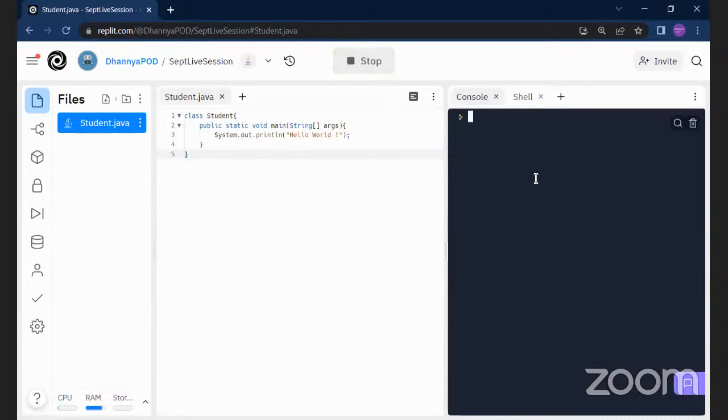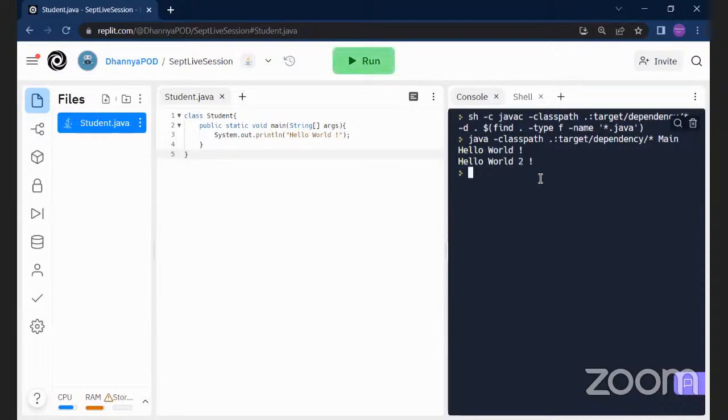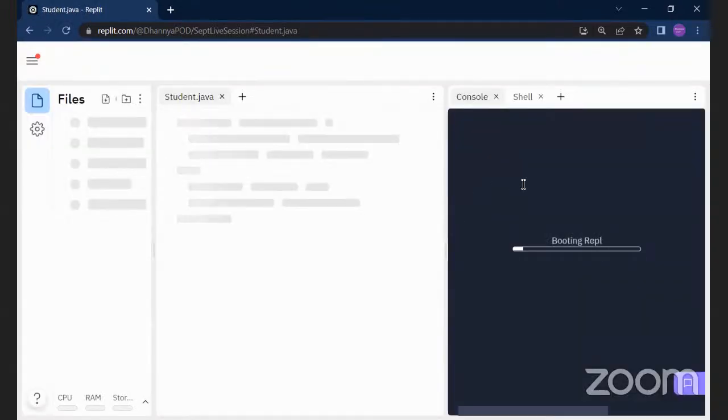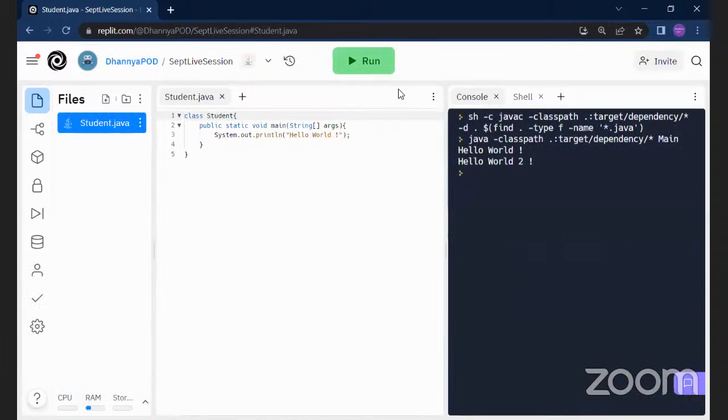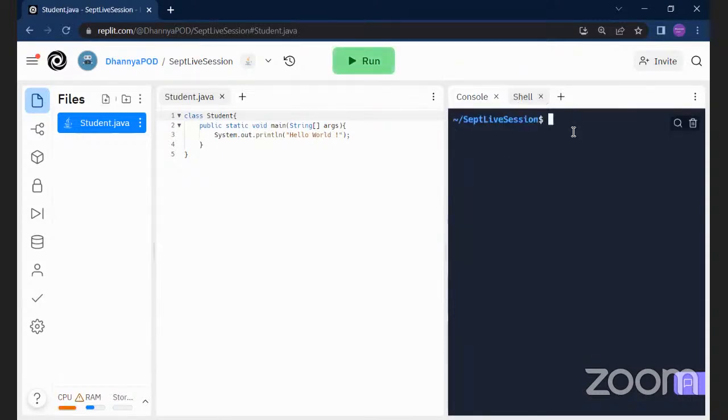Now, if you run this, it will say that it cannot see the main, because it's still executing the old class. I'll just refresh this. Let me see. It's still executing the old class. So let me remove the